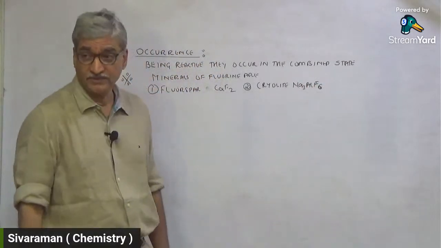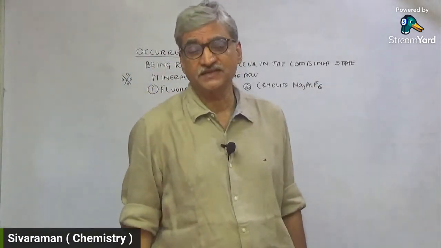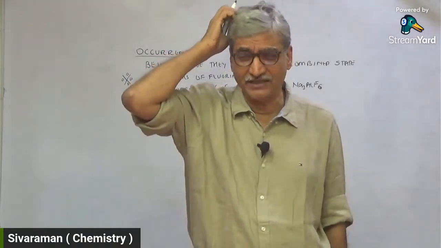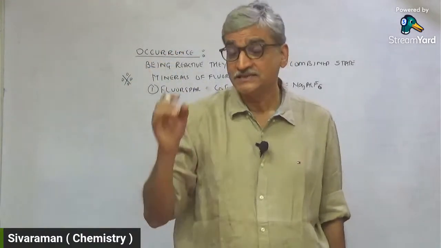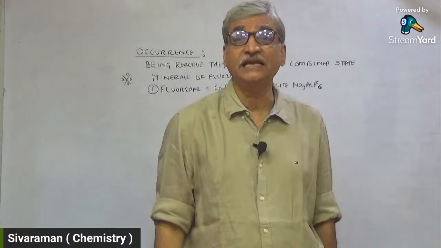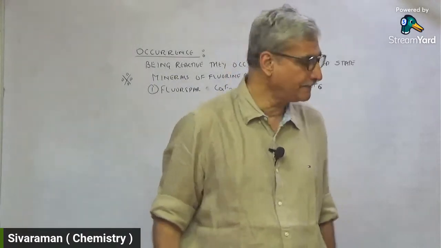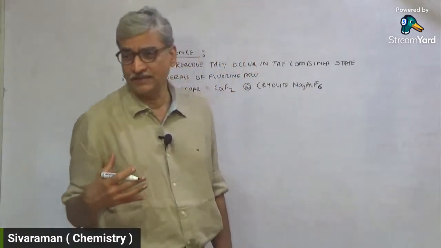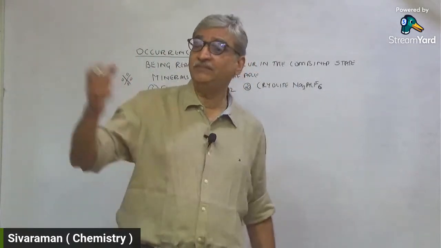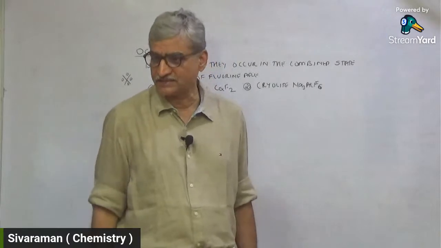Cryolite is very important because, of course, nowadays you get synthetic cryolite. You don't get natural, we don't use it. Synthetic cryolite is used on a huge scale in aluminium metallurgy. Is this clear? You can understand the scale when I say aluminium metallurgy. Some 20 million tons of aluminium is extracted.